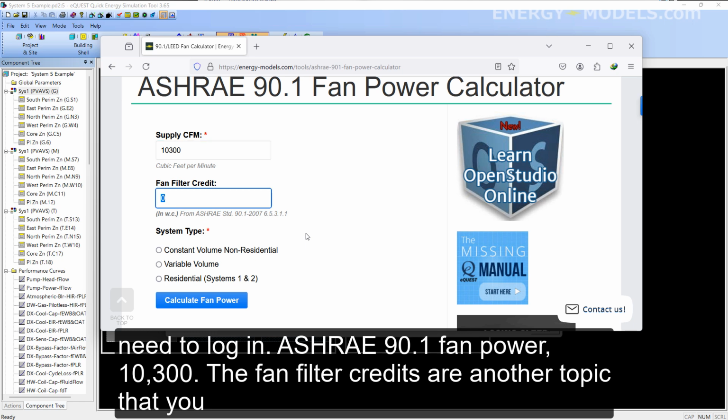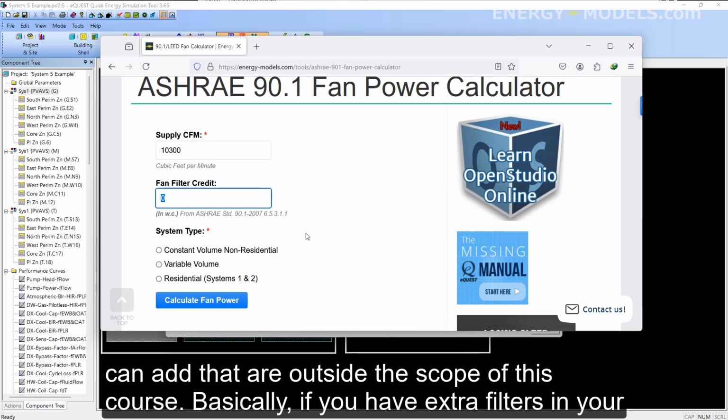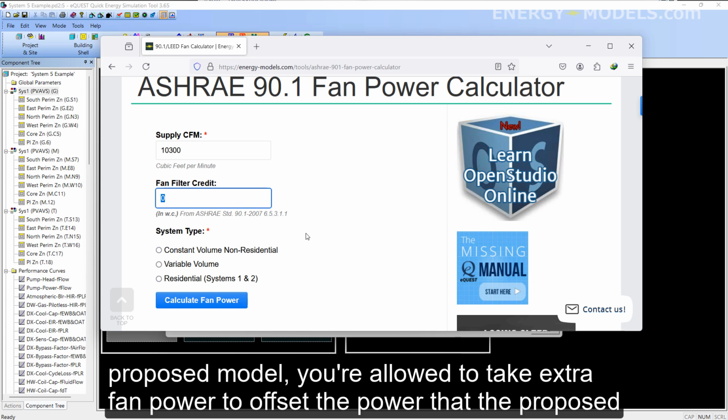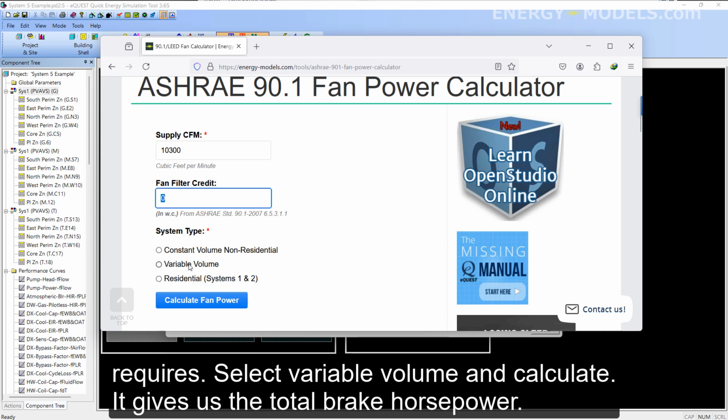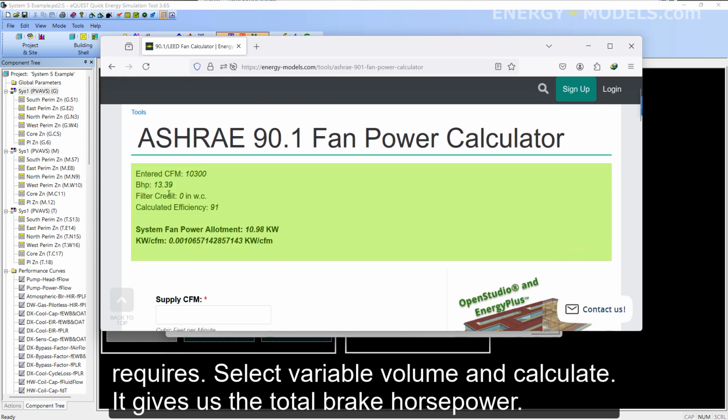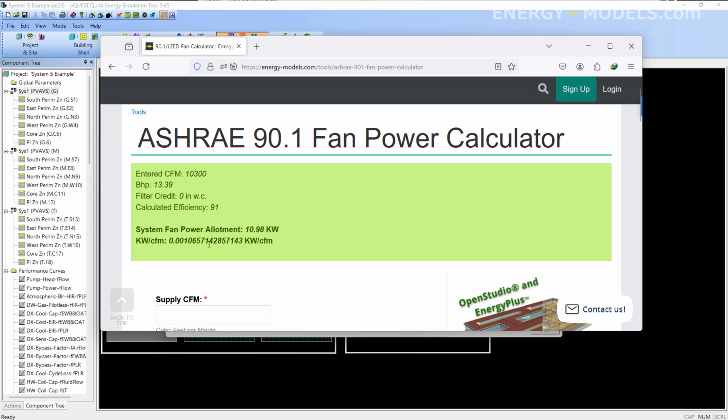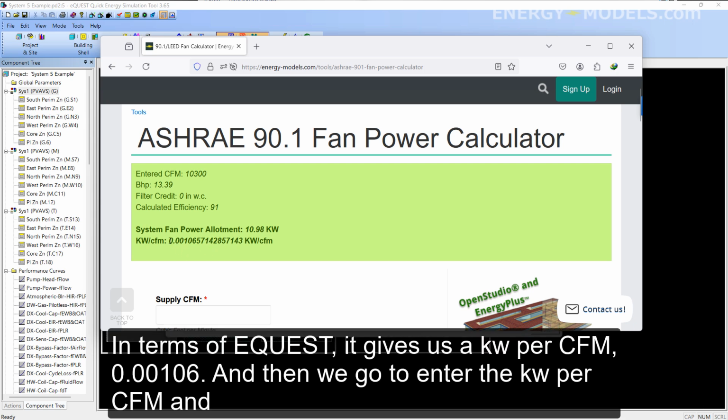The fan filter credits are another topic that you can add that are outside the scope of this course. Basically, if you have extra filters in your proposed model, you're allowed to take extra fan power to offset the power that the proposed requires. Select variable volume and calculate. It gives us the total brake horsepower. In terms of eQuest, it gives us a kW per CFM,